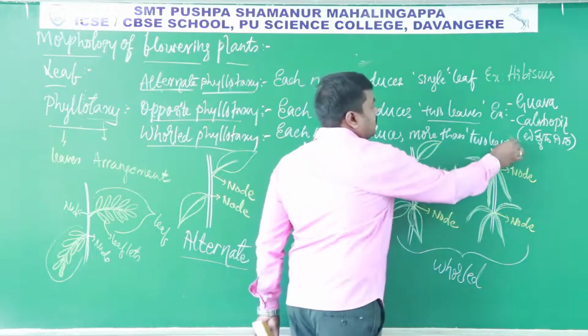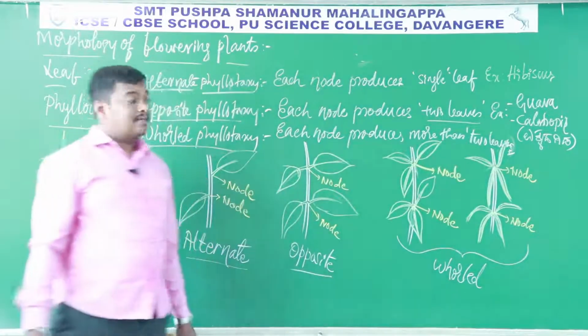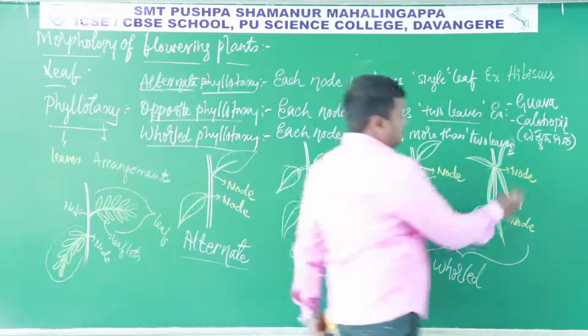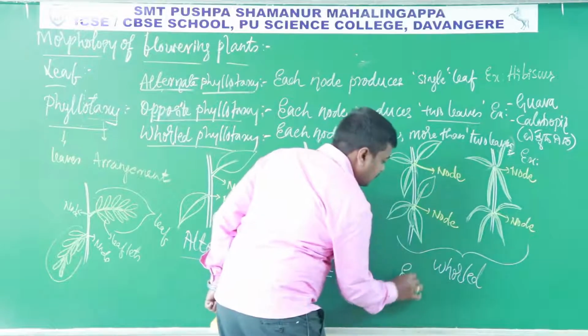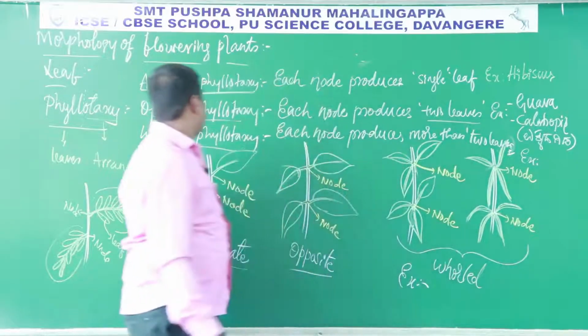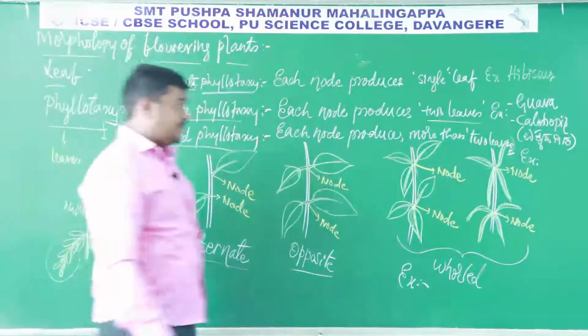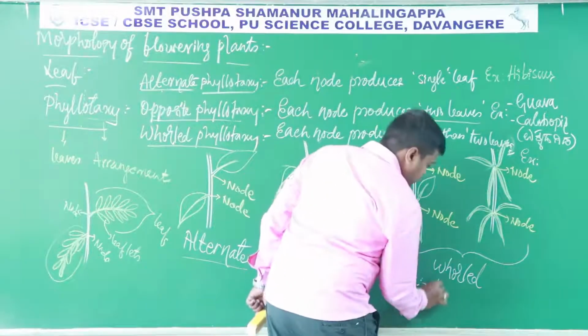Each node produces more than two leaves. For this, an example for whorled phyllotaxy is